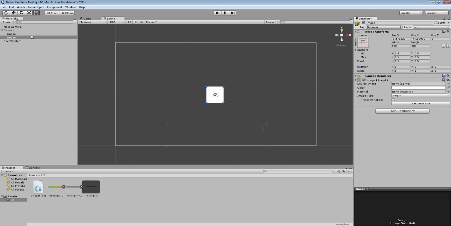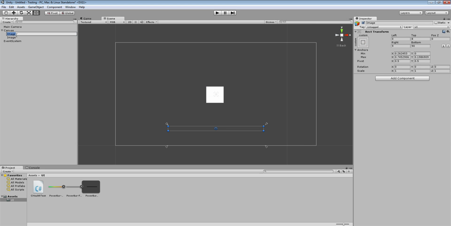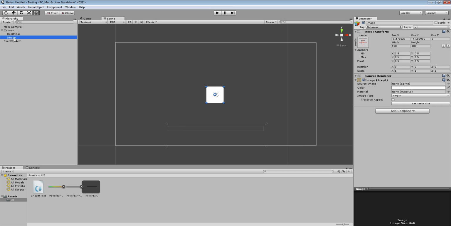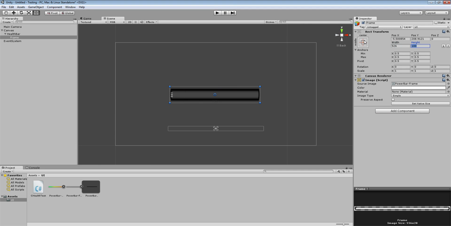Now this is going to be our frame, and I'm just going to rename this health bar, with a lowercase e. We're going to take this image now, and this is going to be our frame. So this is what's going to go in front of the health bar as a visual aid. So if I jump on this frame here and add the sprite over here, set this to 526 and 28, and set its position to 0, 0, and just have it centered. And then we're going to add another